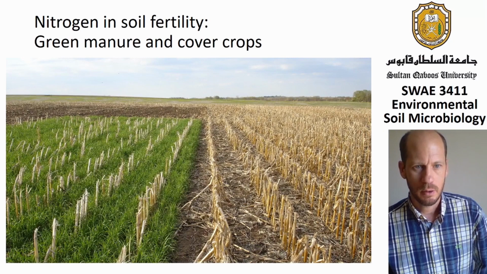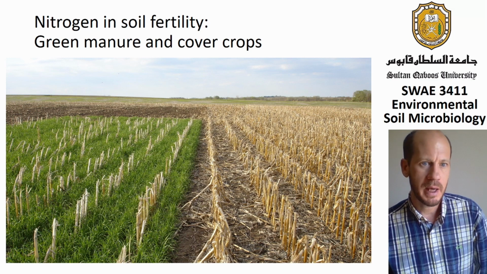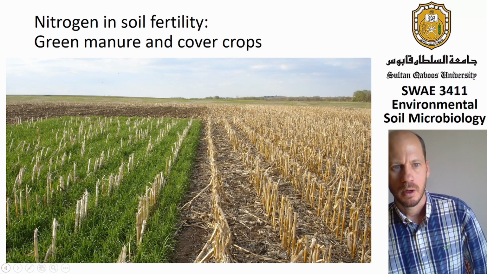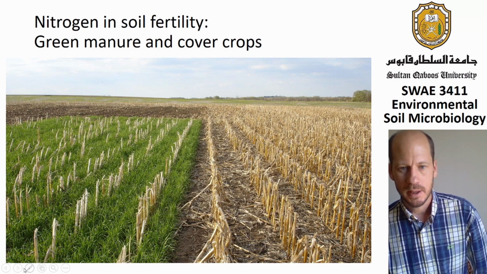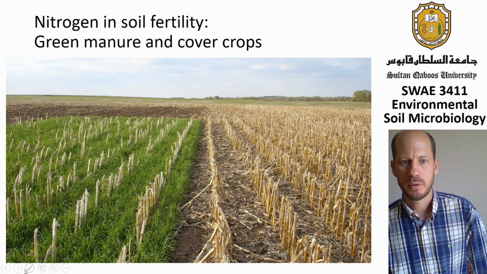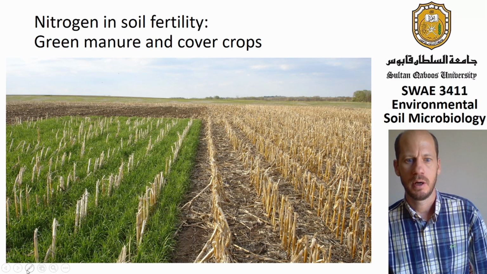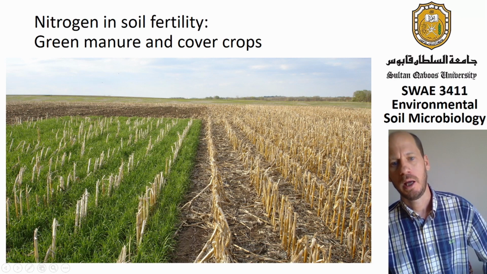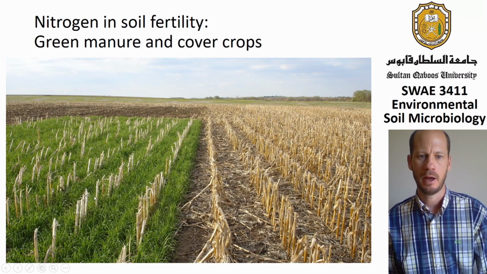So one of the main things that you have to take into consideration when you are managing nitrogen in the crop is not how much urea you add, but how you build organic matter in your soils. And one of the main strategies for building organic matter in the soils are green manure and cover crops. So what this means is you're going to add plants to your system in the off season, and these plants you will not sell, they will not be your cash crops, but they are only there for building up organic matter and helping to condition the soils, protect the soils from erosion, and help nutrient cycling in